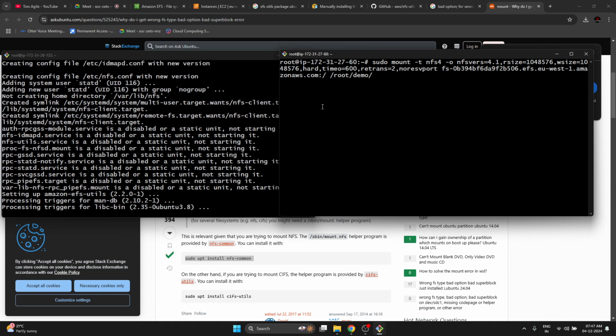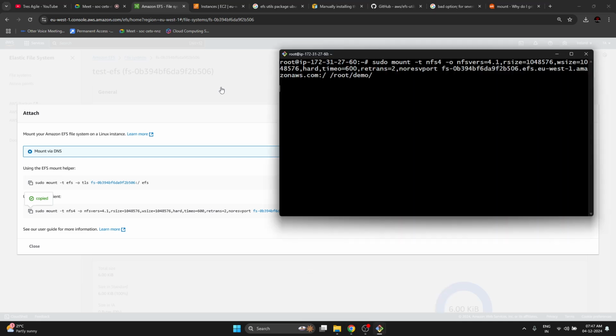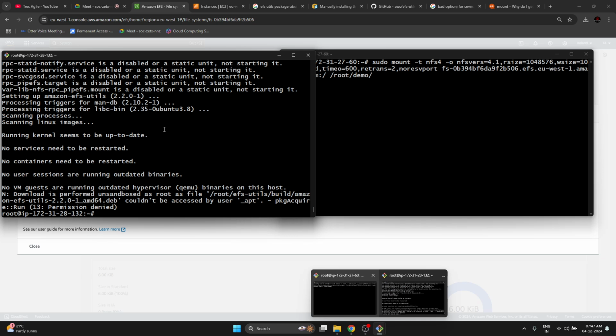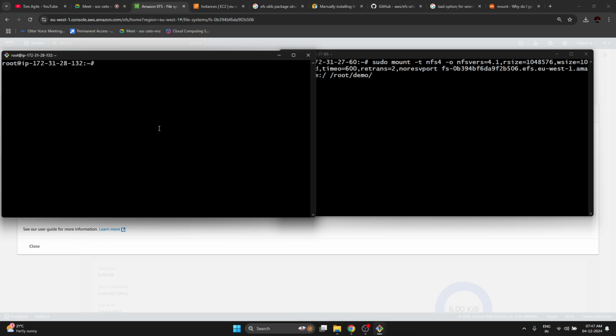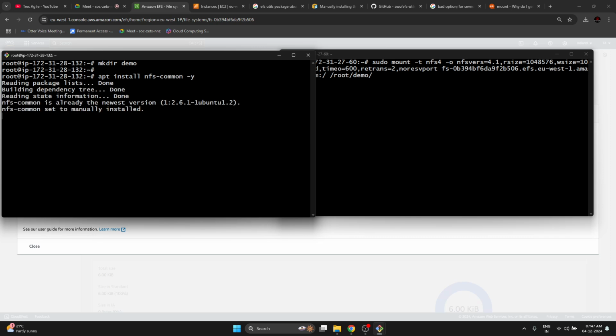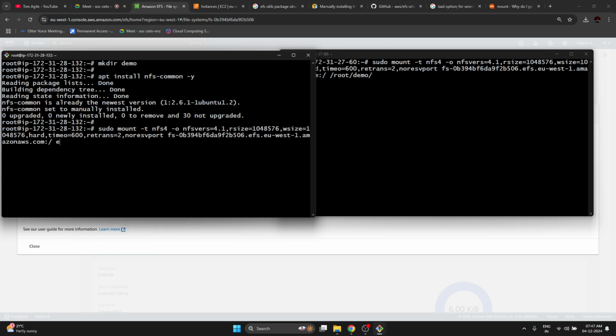Meanwhile, try the same command here also. Copy the package. That's okay. This is fine. mkdir demo is creating. apt install nfs-common, the package I'm installing, the NFS client package. Okay, it's already installed. Paste. Obviously it will fail. See,